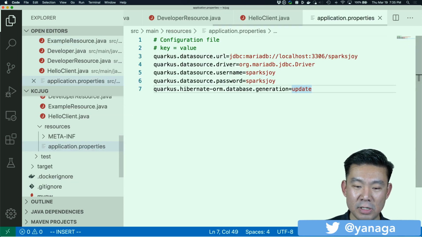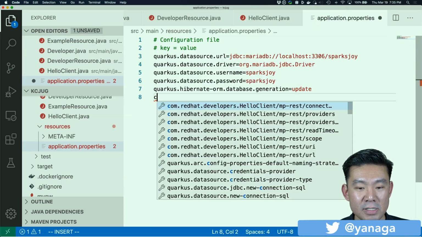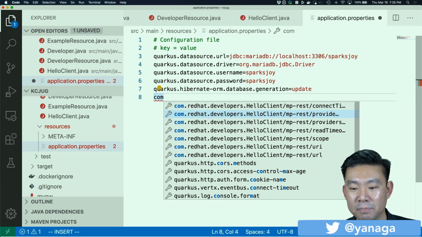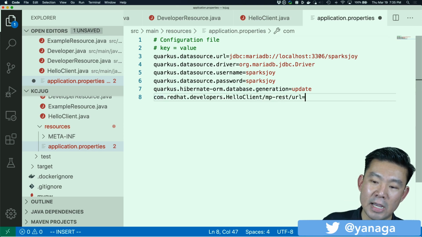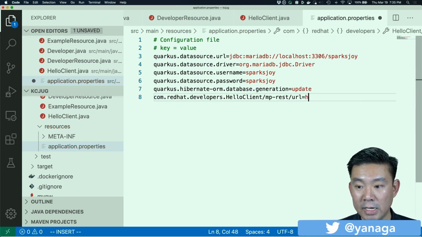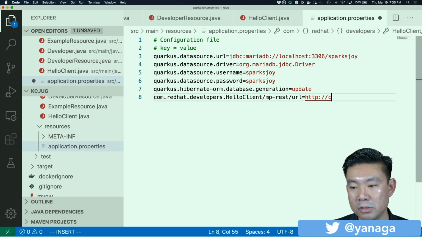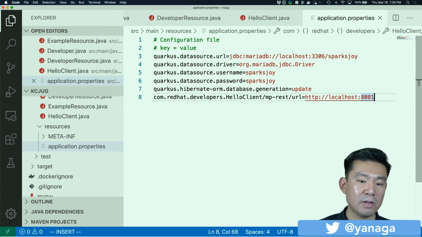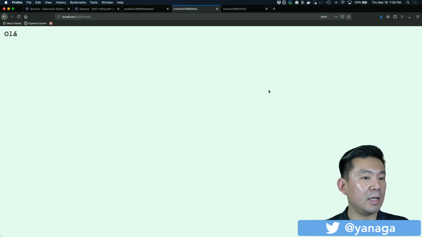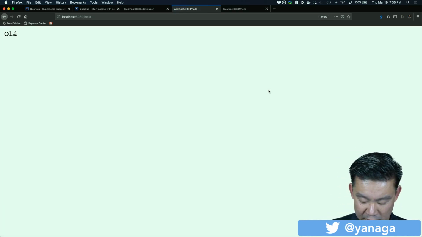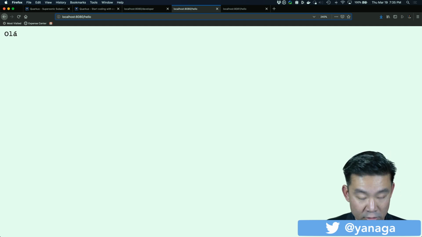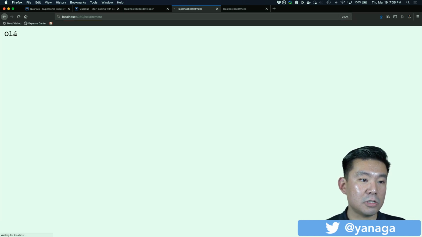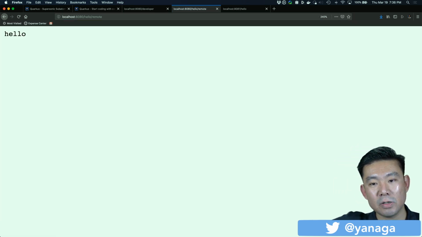I just go back here and type these properties: com.redhat.developers.HelloClient/mp-rest/url, http://localhost:8081. Save the file, go back here, refresh, and it's good. /hello is returning hola, and if I go to /hello/remote, yeah, it's returning hello, which is the remote endpoint.